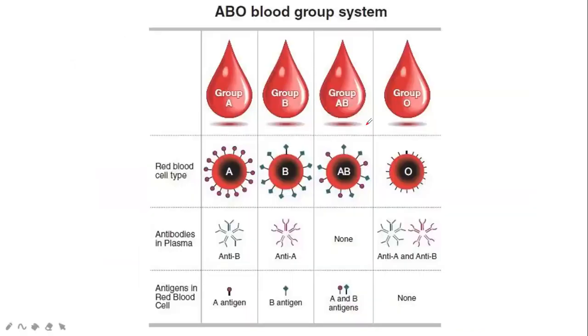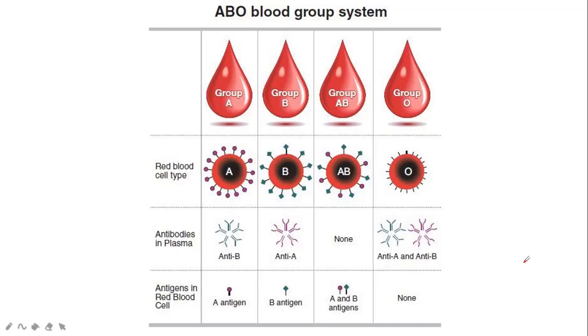So aside from that, no, the cell membrane of your red blood cells also contains the antigens which can identify kung unsa ang imuhang blood type or kung asa ka nabalong sa imuhang blood group system. So di ba nahibaw-an nato upat ka blood group. We have your group A, group B, your group AB, and your group O nga mga blood types or tawag nato na siya type A, type B, type AB, type O nga mga bloods. So, ang imuhang blood type will matter kung unsa nga antigen ang present sa imuhang cell membrane sa imuhang red blood cell. So, say for example,